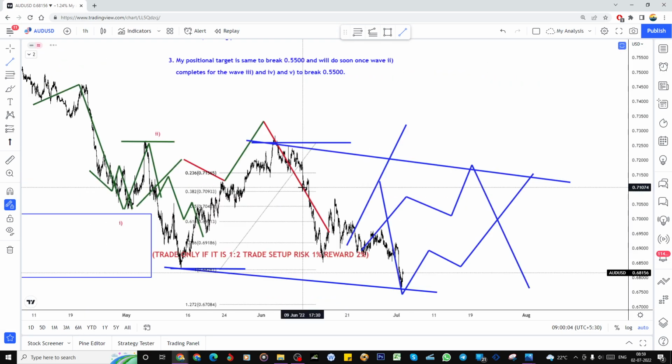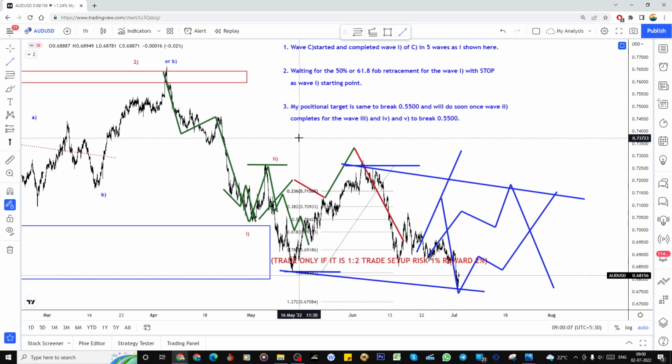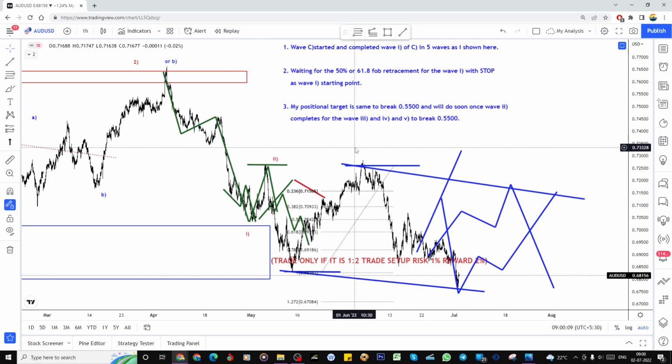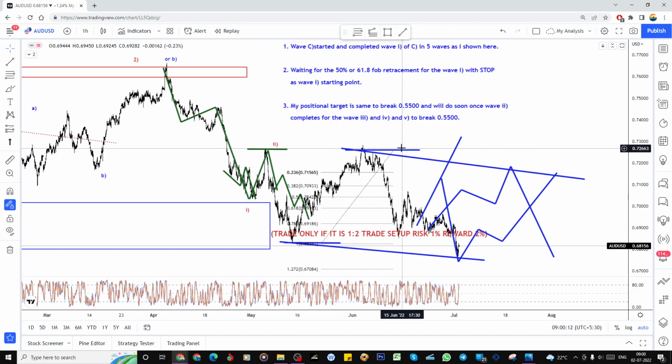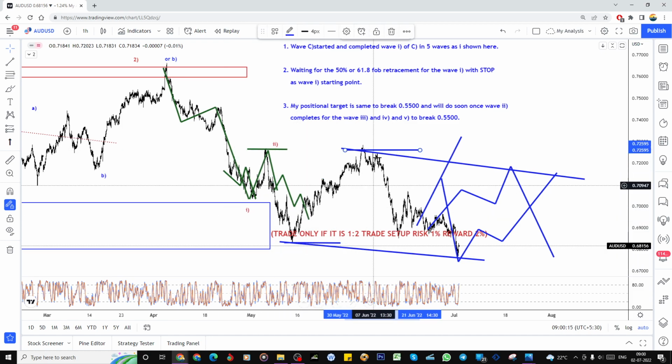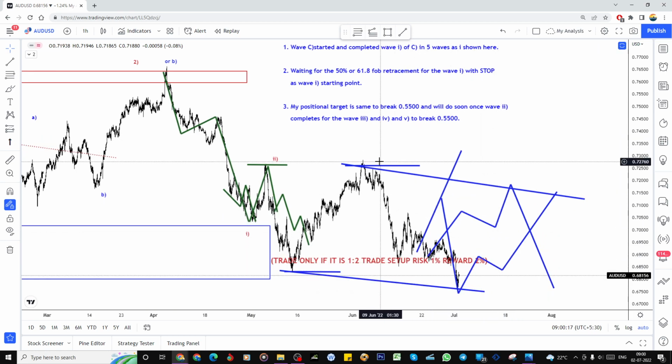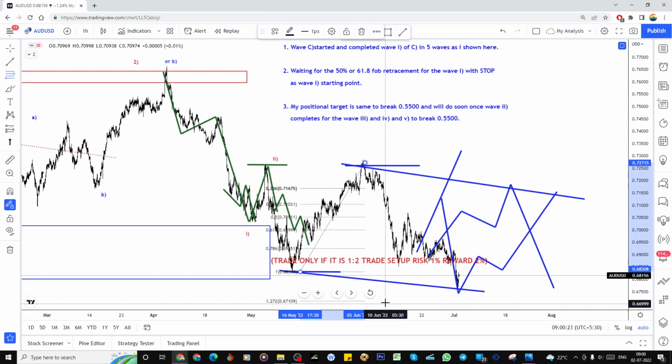So here also the same plan, nothing changed. All the patterns are looking the same, and we are looking only for that positional wave count, the positional trade setup that we are doing. So here 1, 2, 3, and exactly we bounced from here within 1.272, right? So look at this, I already predicted this one, now I'm expecting this one. From here also I expected this one, but from here look at this, I marked this place, and from here also it can, but